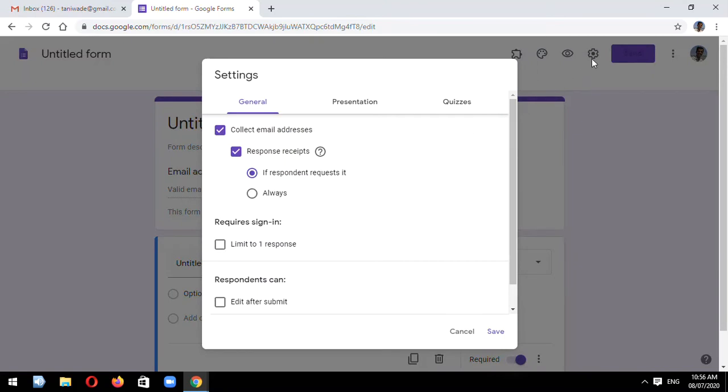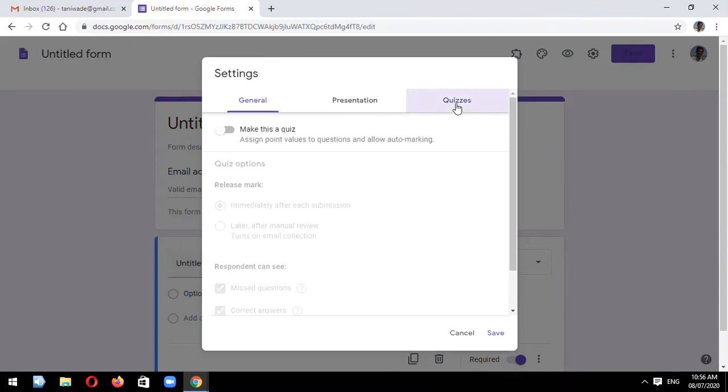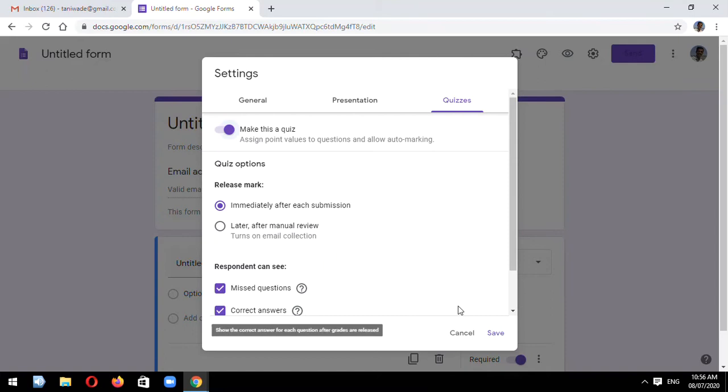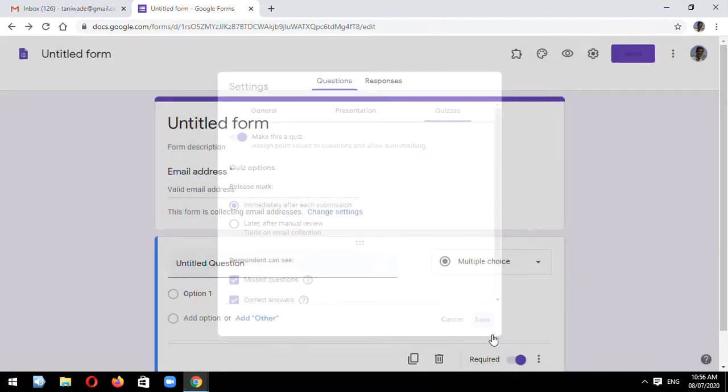Okay, now you have to use it as a quiz. So you have to go to the settings, click on quizzes, and turn on the option for quiz. Under quiz options, choose to release the grade immediately after submission, show missed questions, and save it.